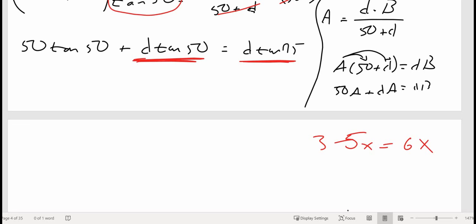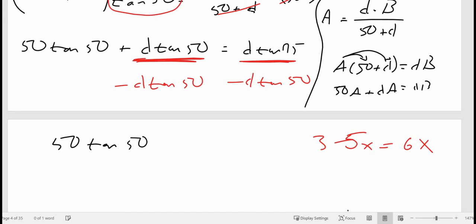Right, you take whatever has the term that you want to move, and you do the opposite. If it's subtraction, you would add it to both sides. Well, I'm adding this thing, so I'm going to subtract that whole term. So that's going to leave me with 50 times tangent of 50 equals,